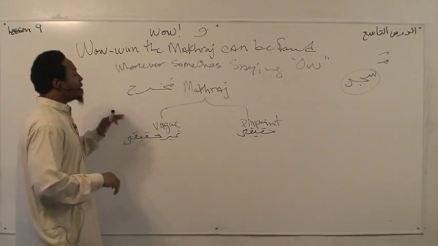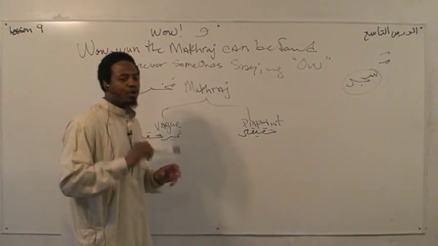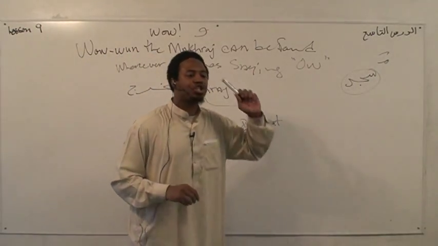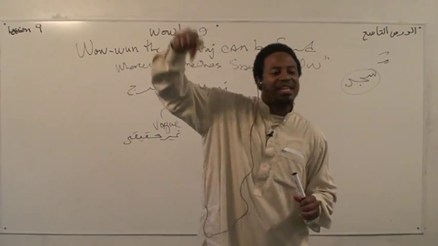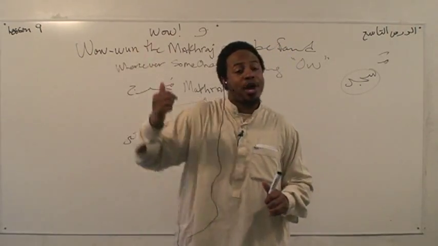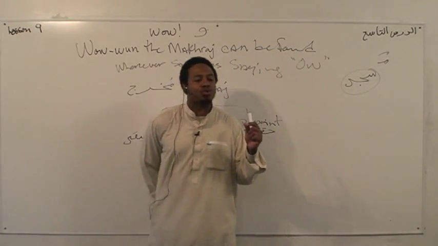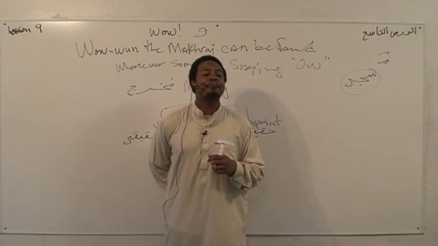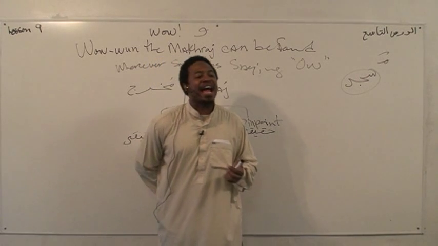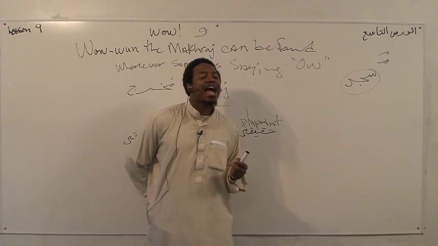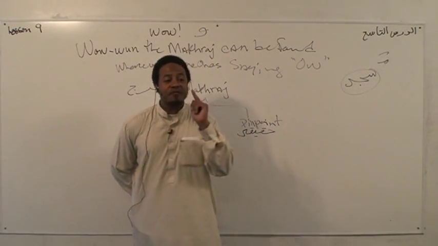So, the sheikh here, he's teaching you two principles. The first one is that if you want to know the makhraj of a letter, you put a sound before that letter, a or I, and you make that letter have a no vowel sound on it. So everybody say ab. You see the bad sound, you find it there. Say ach. Now say ow. You see, that's what he did here. He said ow, so that you can find the makhraj.